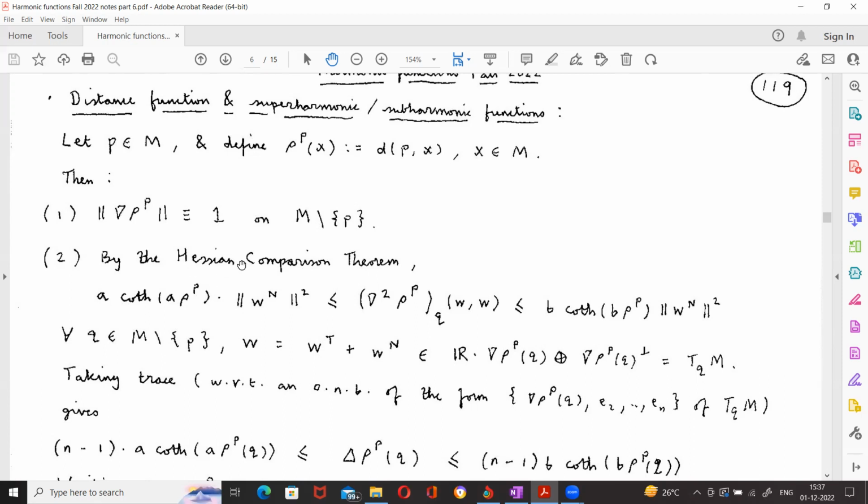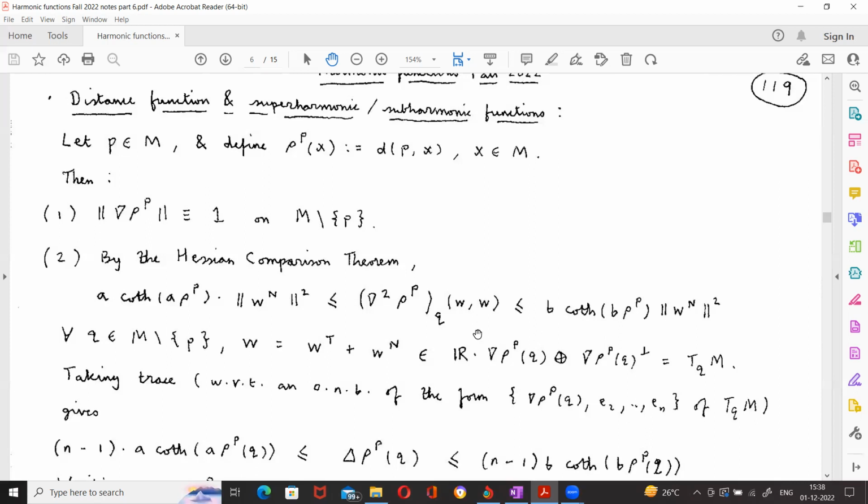And we also have the Hessian comparison theorem, because the curvature is bounded above and below by negative constants, right? The Hessian, nabla squared rho of (W, W) at a point Q, is bounded above and below, right? By a coth(a rho) times the norm of the normal component of W squared, and b coth(b rho) times the norm of the normal component of W squared,